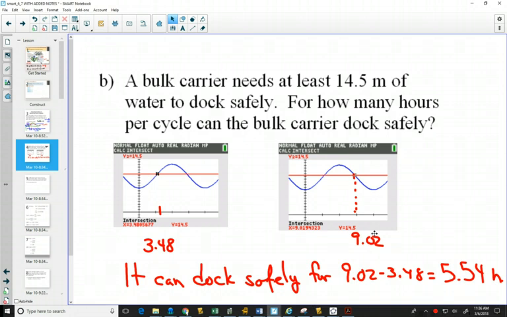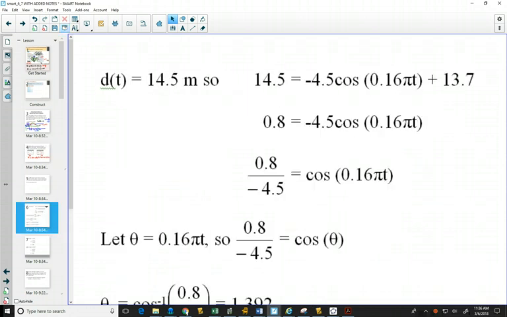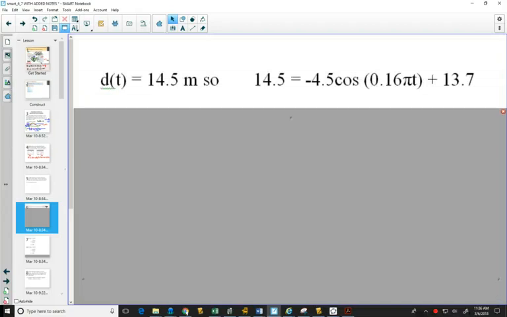I'm going to show you what it looks like. Again, it'll be on the video. Don't write it down. You start by setting up your equation. You know the depth is 14.5, and if you want to find out where those things intersect, you could substitute 14.5 in for your depth into your equation. And what you want to solve for is t. So you're going to use your algebra skills with sine and cosine and solving trig equations to solve for t.